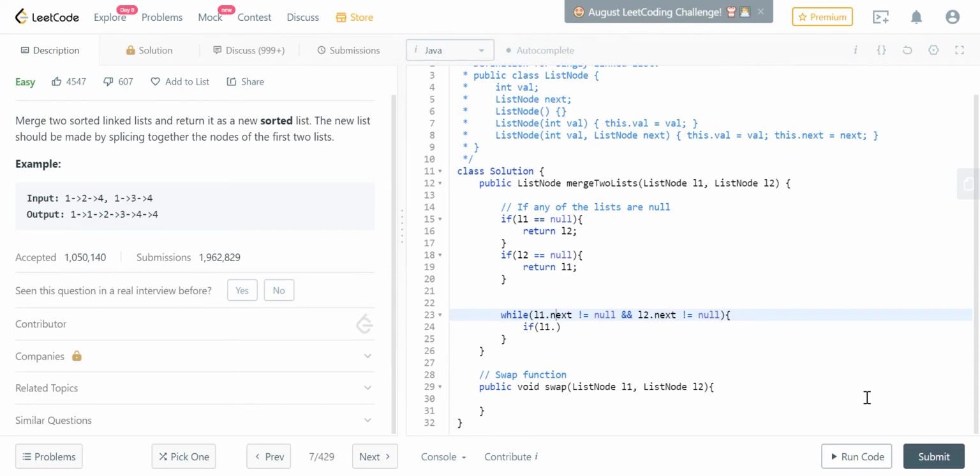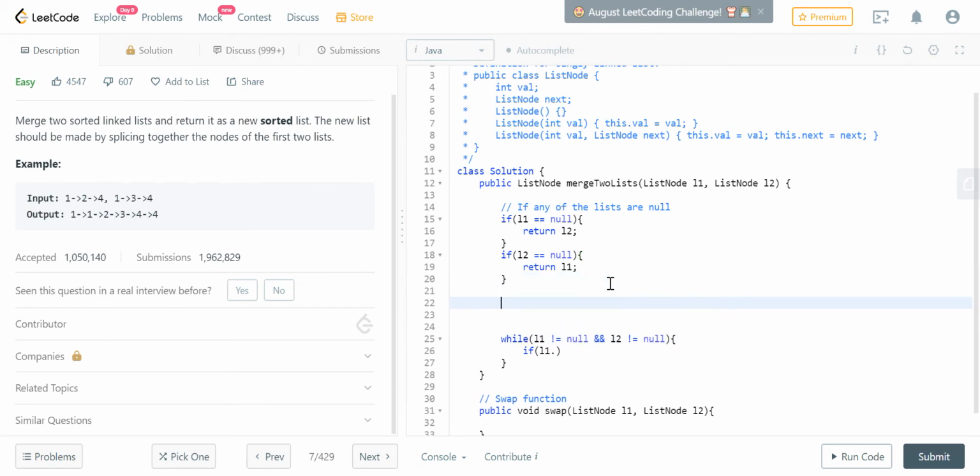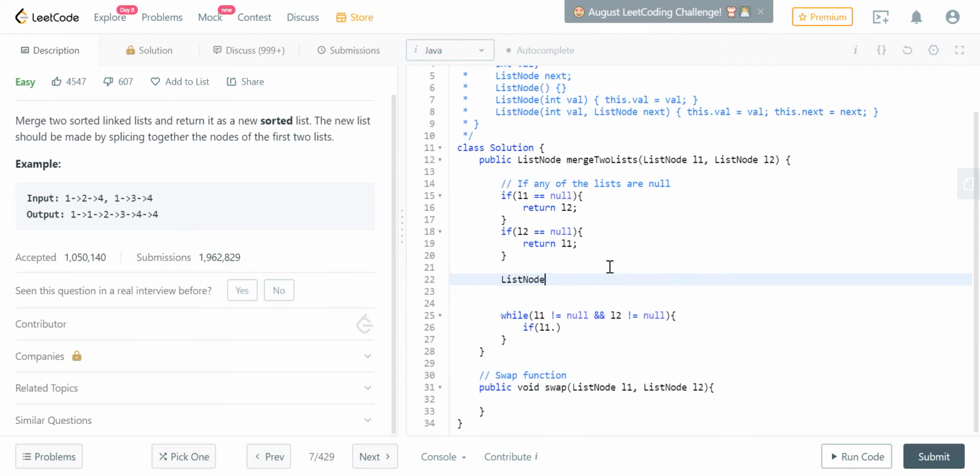So L1.next is not equal to null, and L2. So this while loop will fail if any of the lists are in their last nodes. We actually want this while loop to go all the way until the end. So what we want to do is create a new node to traverse it. My God, I forgot everything. So ListNode, this is the ListNode class, right? Yeah, there you go. ListNode current is equal to